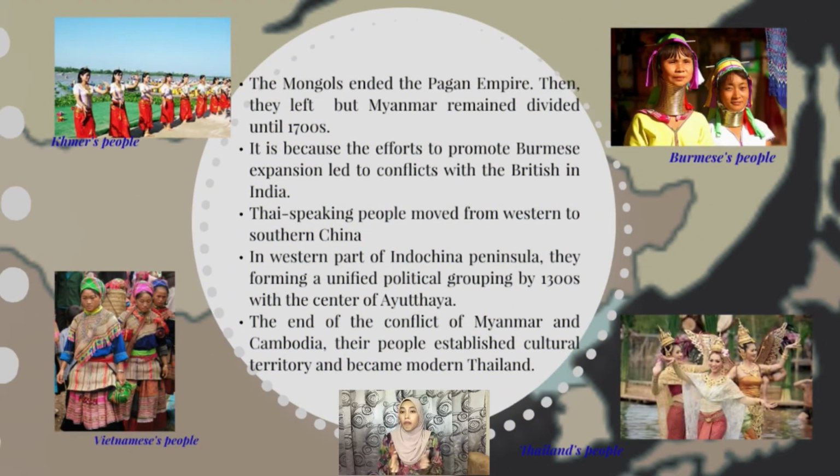After they left, Myanmar remained divided until the 1700s because the efforts to promote Burmese expansion led to conflicts with British and India. A group of Thai-speaking people moved from western to southern China at the time of the Mongol advance. Then, in the western part of the Indo-China Peninsula, they formed a unified political grouping by the 1300s with its center at Ayutthaya. The conflicts between Myanmar and Cambodia